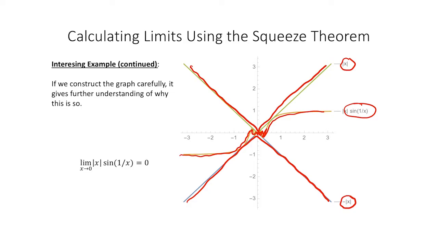So remember that inequality we were looking at before, the sandwich part? Negative absolute value of x is less than or equal to the absolute value of x times the sine of 1 over x, which is less than or equal to the absolute value of x. And so what we're saying is this middle function is trapped between